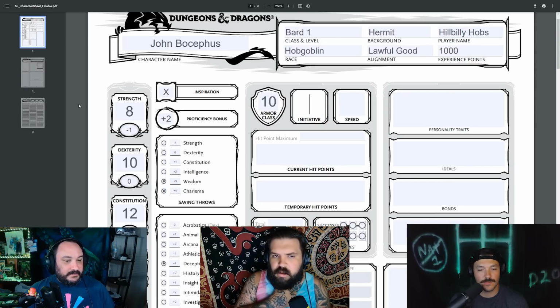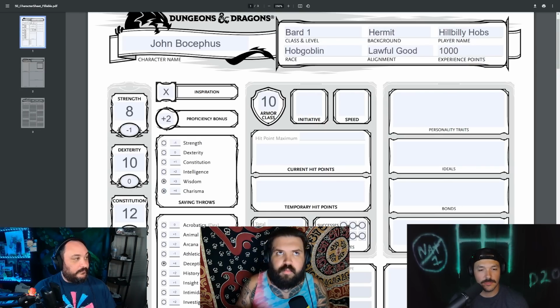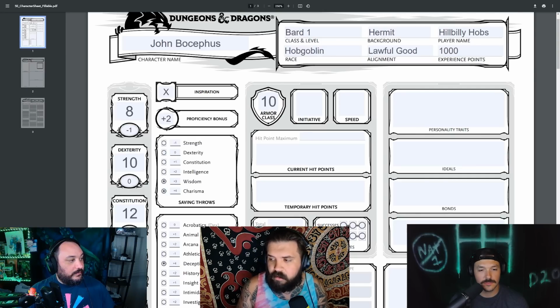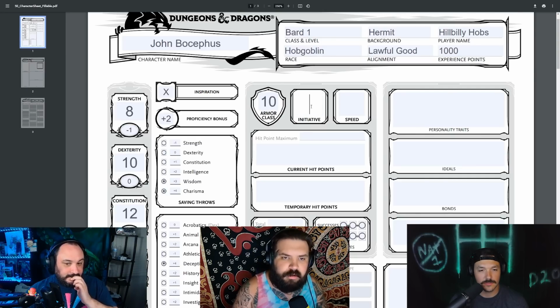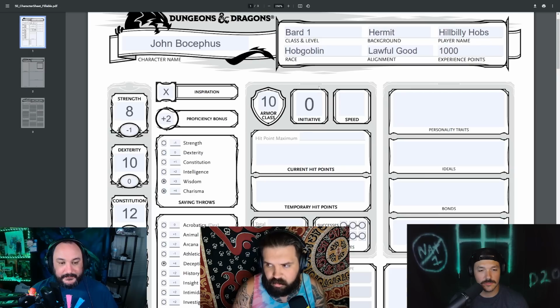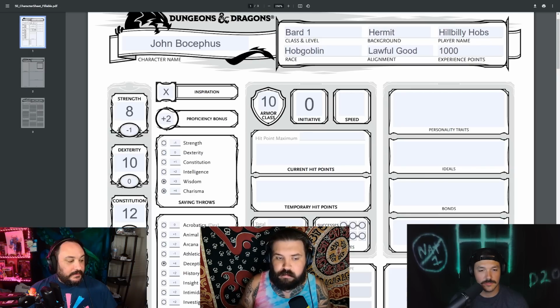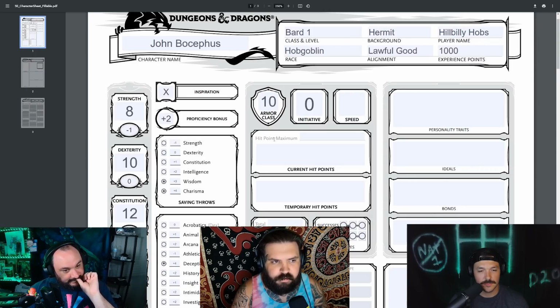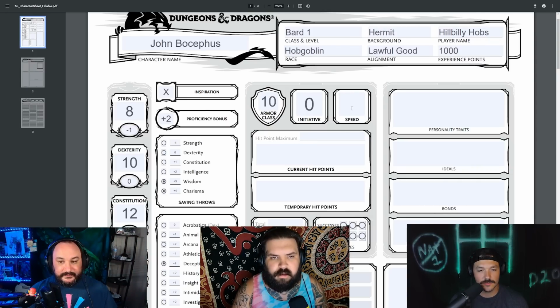Initiative is, so whenever you get into combat in Dungeons and Dragons, you're going to roll initiative, and whatever you roll, you're going to add your initiative score to it. The base initiative stat is just your dexterity modifier, but certain classes have extra initiative modifiers. That's the best way to word that. Like certain classes let you add more to initiative than just dexterity,